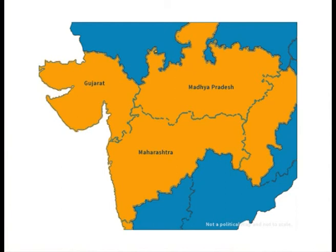Next is the Deccan Trap distribution. In the western and central India, the DVP or Deccan Volcanic Province is exposed mainly in the states of Maharashtra, Madhya Pradesh, Karnataka, Gujarat and Andhra Pradesh, and also has its nominal presence in southern parts of Uttar Pradesh and eastern parts of Rajasthan. Based on the area of occurrence, the Deccan lavas have been further classified into 4 classes,